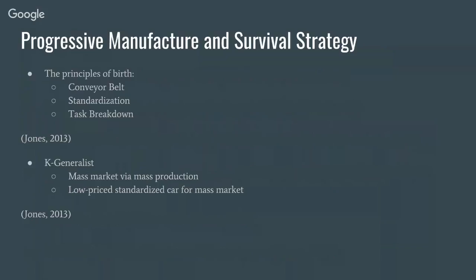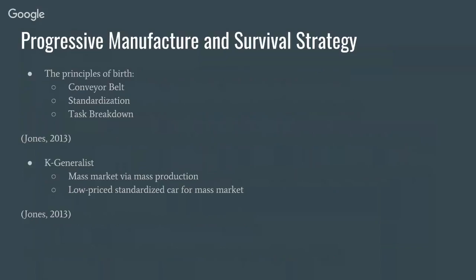The principles of birth for mass production was the introduction of the conveyor belt, which allowed work to come to the workers. The second principle was the standardization of the work that was being done. There was an order and a sequence for tasks to be accomplished that was coordinated with the conveyor belt speed. The last principle was tasks would be broken down into the simplest form. Jones gives the example of one worker assembling a tail light and a reflective panel, while the other would screw a lens on the reflective panel.